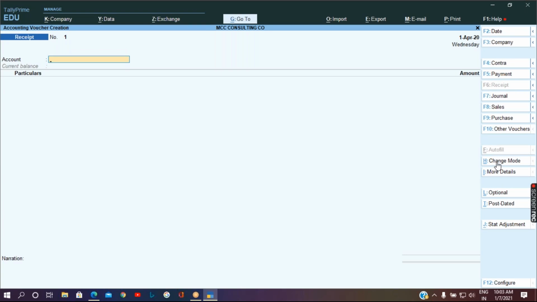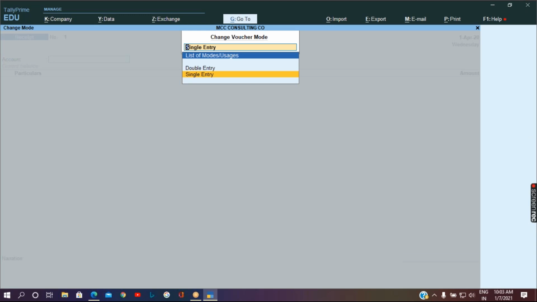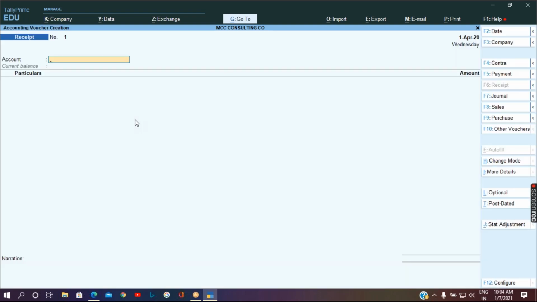When I go to this change mode option, it says which particular mode it is in. So now it is in single entry mode. You can also pass the transaction in double entry mode. So you can just have a look on the screen at how it looks and where the cursor starts in the single entry mode.